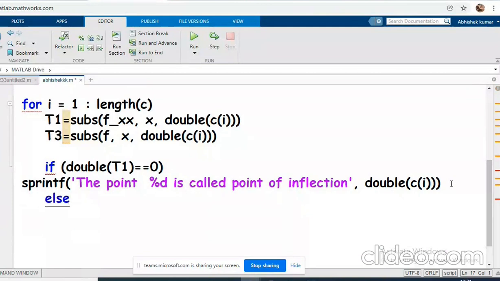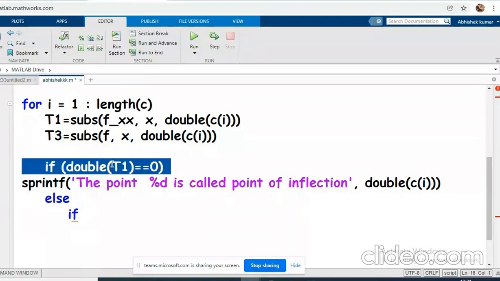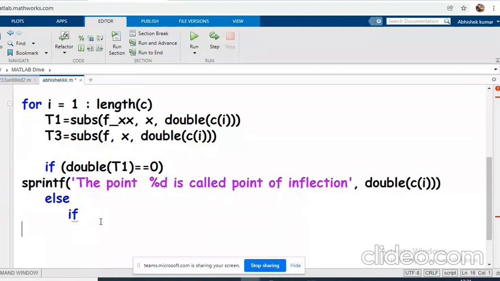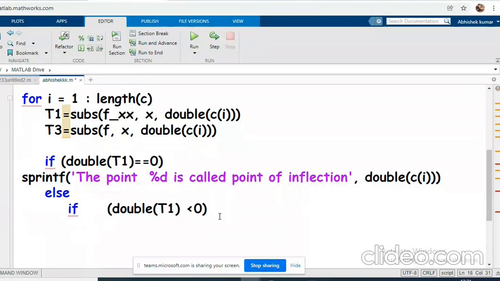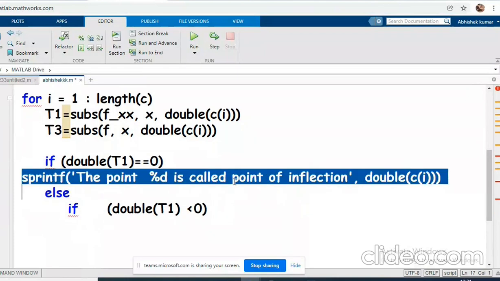Else if double T1 less than 0, right? Then the point is called maxima point.